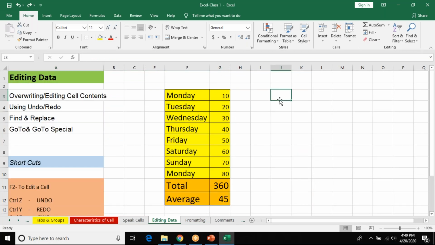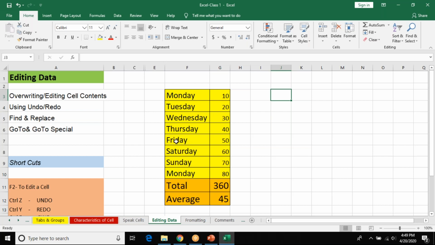For example, I will go here and type NICT. If I want to undo it, Control Z. If I want to get it back, Control Y. It's very simple, and you'll be using this a lot. If you make any mistake, you can just do Control Z. If you want to get it back, that is redo, Control Y. You will get NICT. Keep that in mind, practice it, it'll be easy.